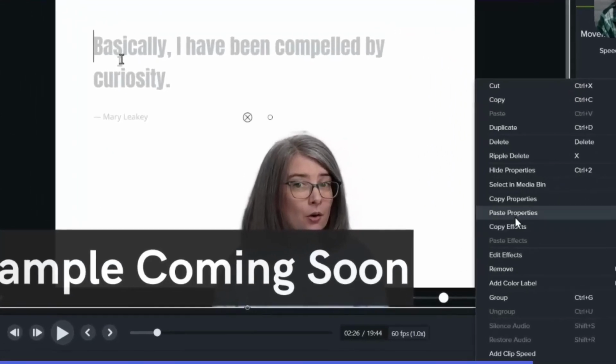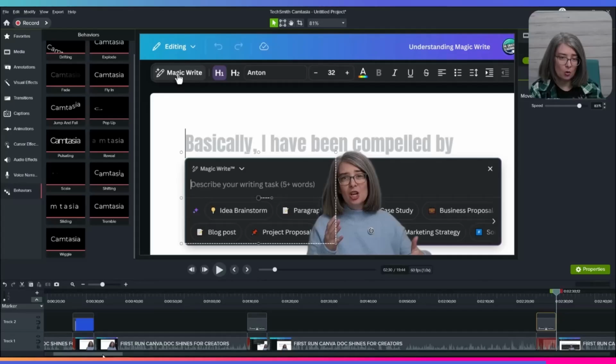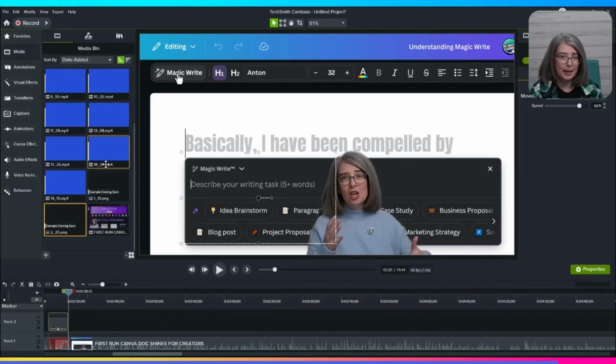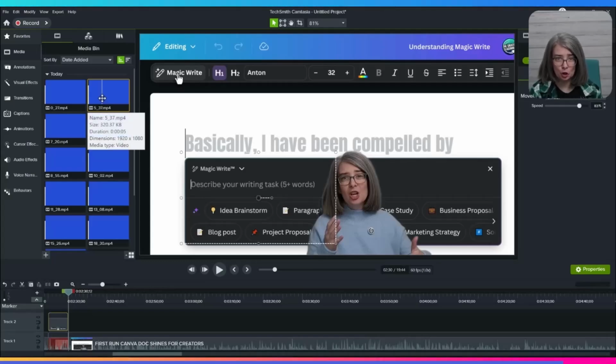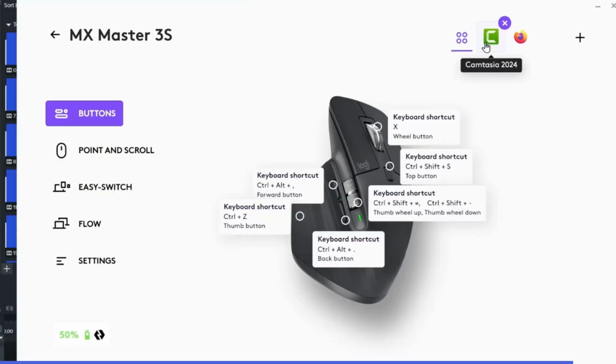Looks like I need to paste those properties. I need to scroll this. Got to go back to my media bin. The next one's 537. I'm going to show you the keyboard shortcuts that I use for my mouse. Here's Camtasia. When I talk about using my mouse, I'm probably using one of those two buttons or this button,